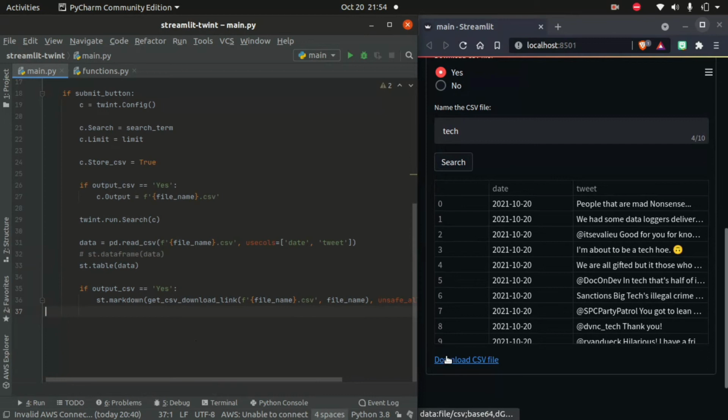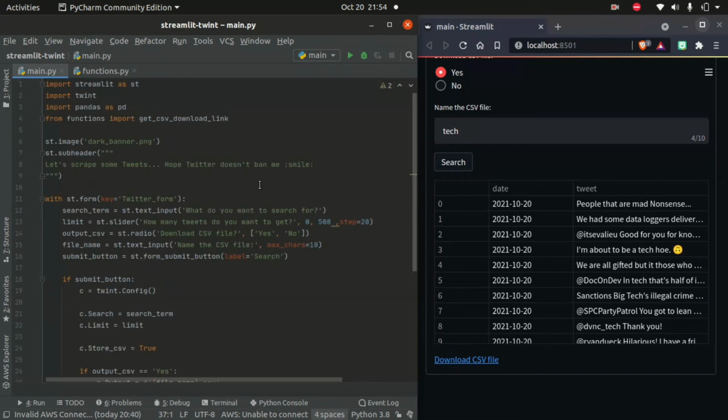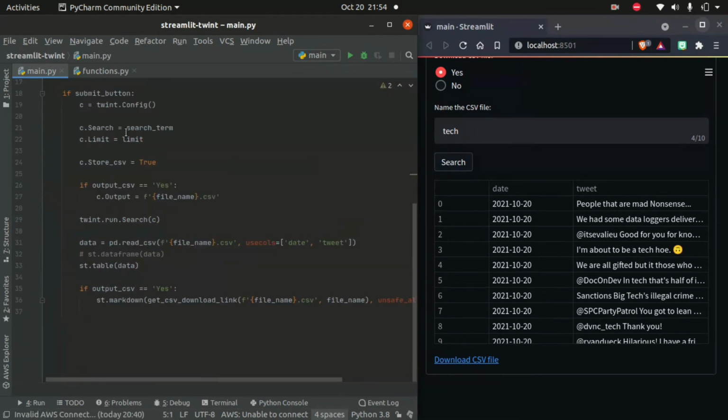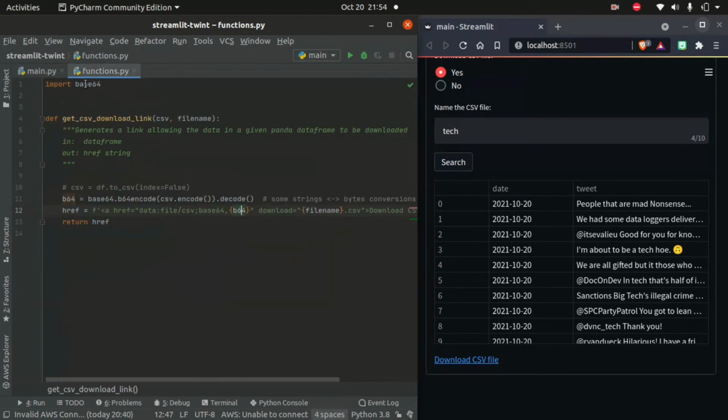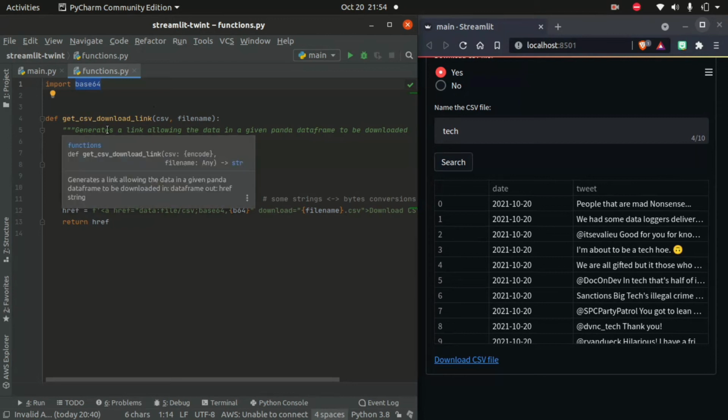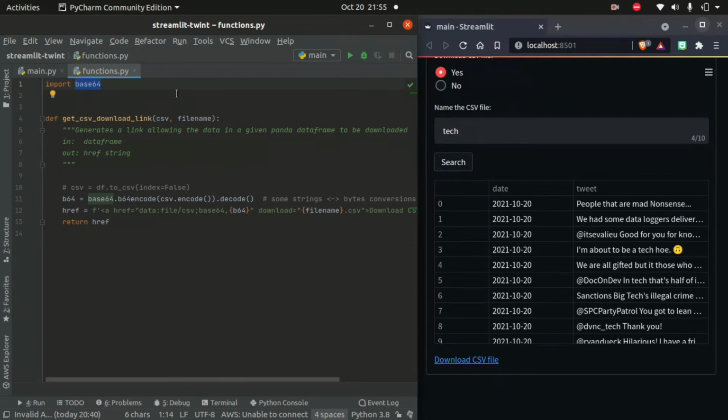We're going to be dealing with this little friend of ours here. That is actually a custom function, this get CSV download link. So I made another Python script on the side and I call it functions.py. With this one, we're going to import base64. Base64 is a framework that does string to byte conversions. And we're going to need it, especially when we're going to be downloading our files from